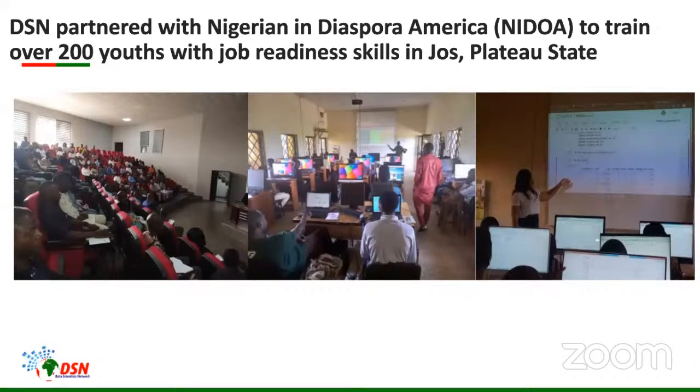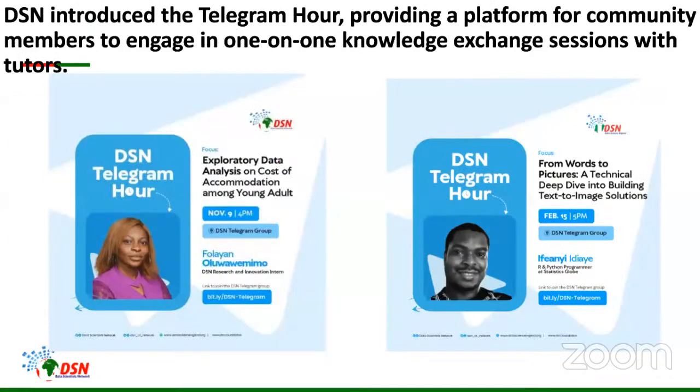Yeah, the Nigerian diaspora. Yeah, so some of us would have been on the DSN Telegram group already. This is our dedicated group, I mean, dedicated channel which we use to communicate to our members. We have over 30,000 people on this Telegram group right now.